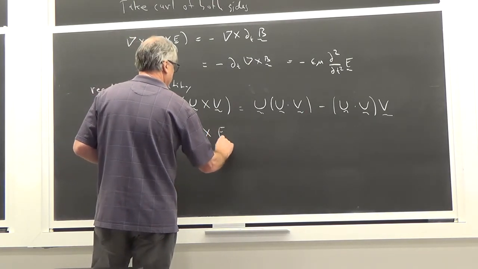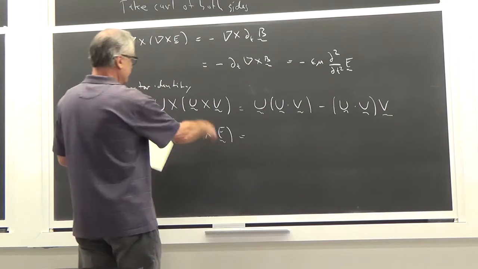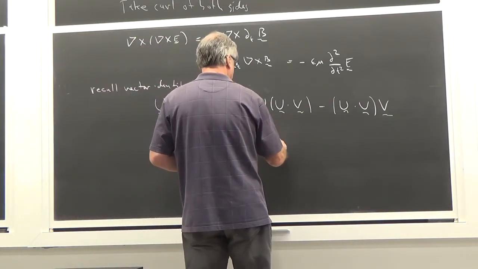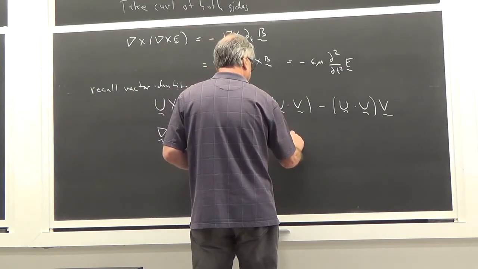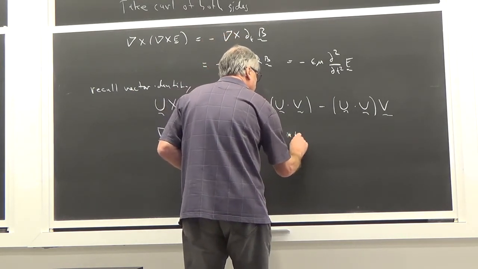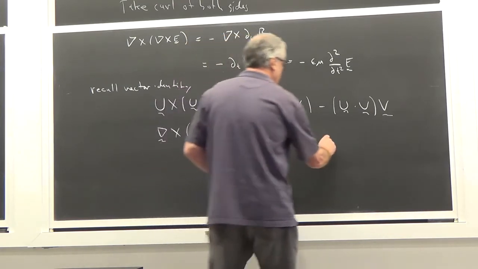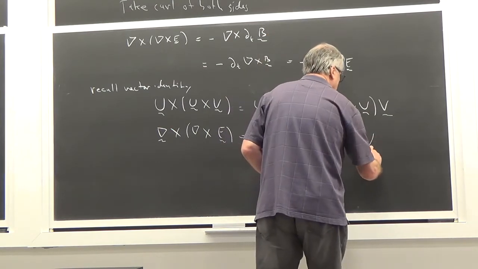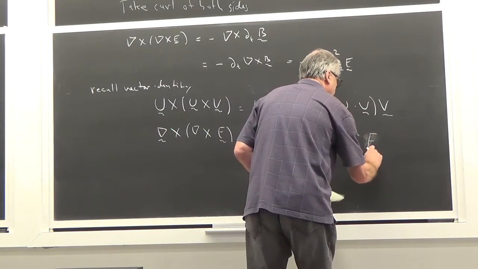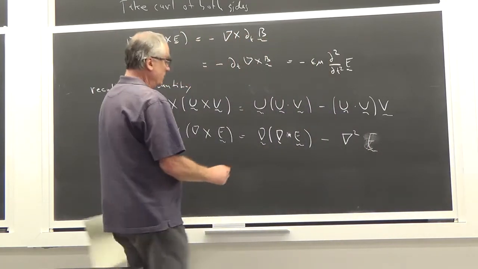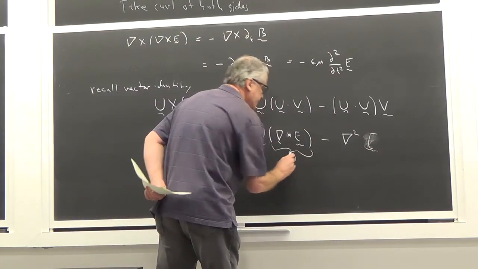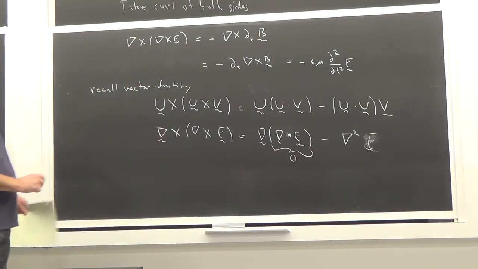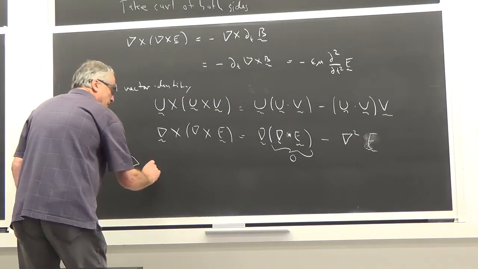And in this case, everything's ordered in a nice way such that I can conclude that del cross del cross E is equal to the gradient of del dot E, minus del dot del, which is just del squared, the Laplacian, on E. But Maxwell's equations tell us that del dot E is 0. And so therefore I have minus